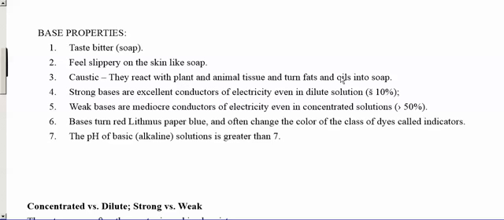They're slippery on the skin like soap, and that is because they are caustic, and they turn oil on your skin into a soapy solution, and that's why they feel slippery. They're also excellent conductors of electricity. Weak bases are mediocre. They turn red litmus paper blue, and they'll change all sorts of other indicators different colors